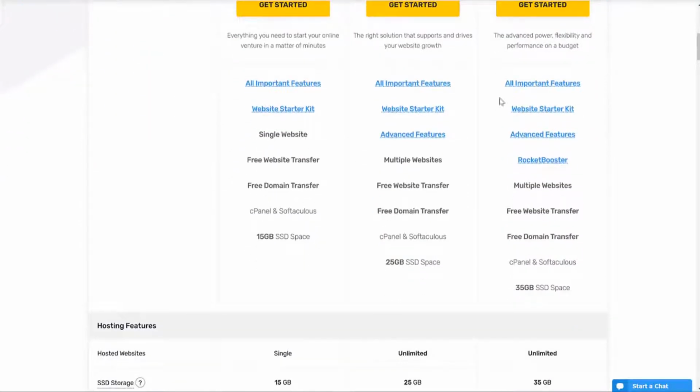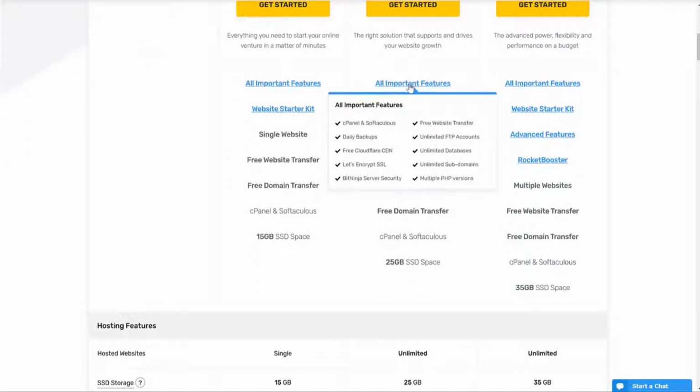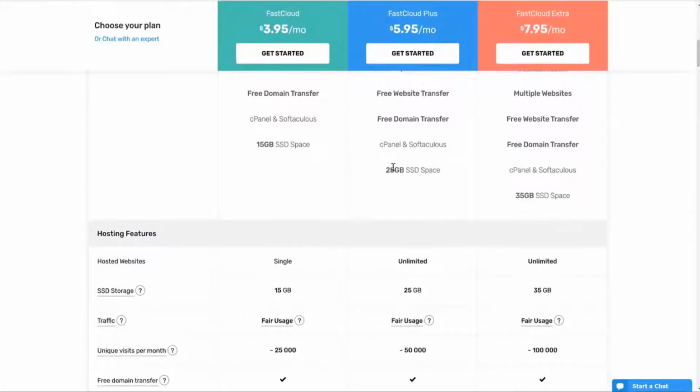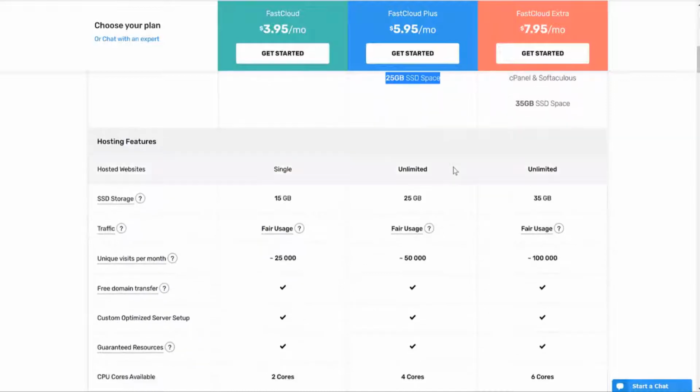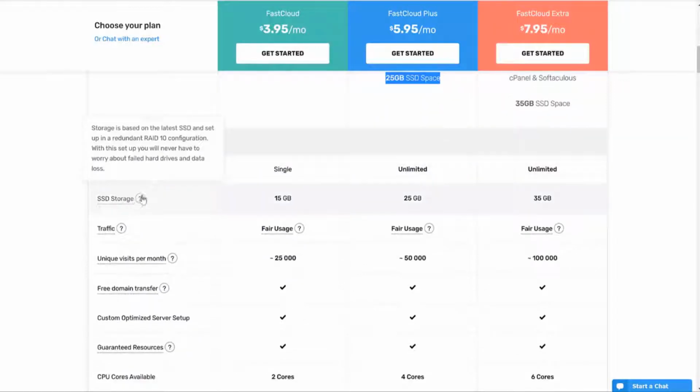And it has all the features that you can see: cPanel, Softaculous App Installer, Daily Backup, Free CDN, Let's Encrypt, BitNinja, Server Security, all these options. You can see you'll get 25 GB of SSD space, and this is RAID 10 SSD storage. You can see this thing over here. If you scroll down or if you hover over this option, you can see